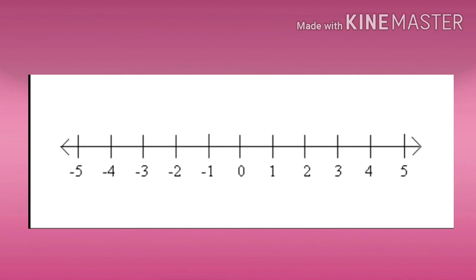Then towards the right side, positive numbers are there, 1, 2, 3, 4, 5, etc. And to the left side, -1, -2, -3, -4, etc. So which is in the order of their values, right? -3 is greater than -4, and -2 is greater than -3. -1 is greater than -2, and 0 is greater than -1. Then 1 is greater than 0. So which is in the order.